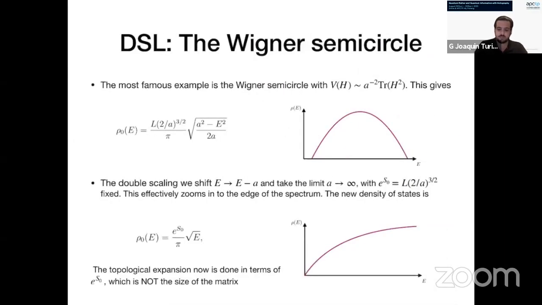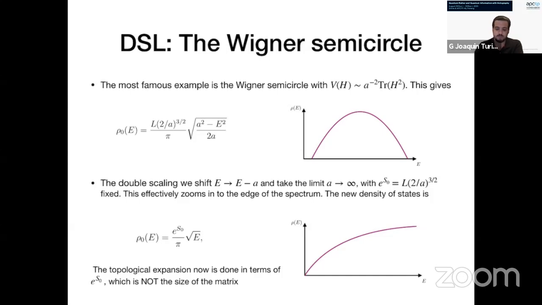So what is the double scaling limit? Here I show one example, which is a matrix integral with a quadratic measure. The measure is the exponential of the potential of the matrix, and here the potential is quadratic. And this can be solved exactly. This is the Wigner semicircle, and it's given by this formula, which is the semicircle of length 2A. And A is basically a parameter of the potential, so it's like the 't Hooft coupling in the potential. And what the double scaling limit means is to, in this case, take the parameter of the potential A